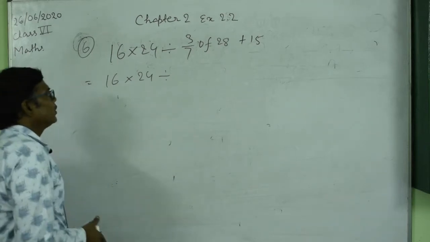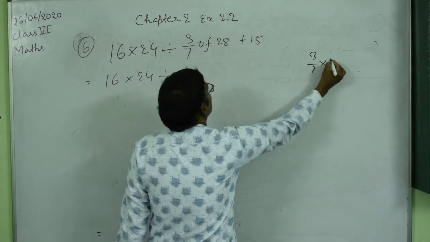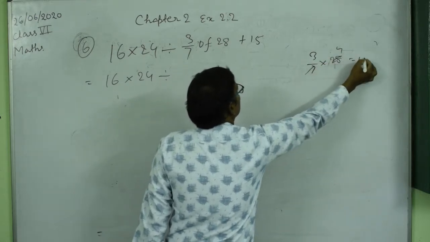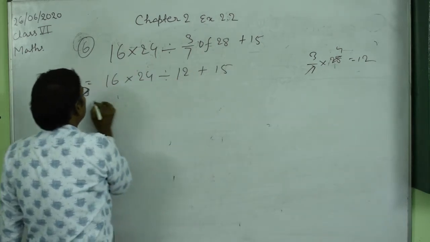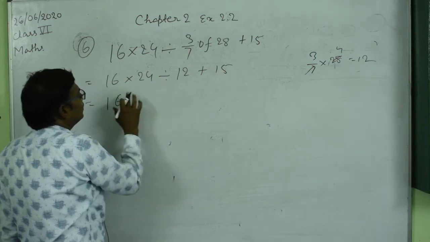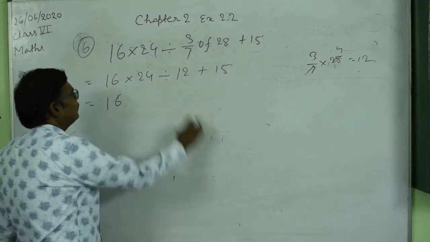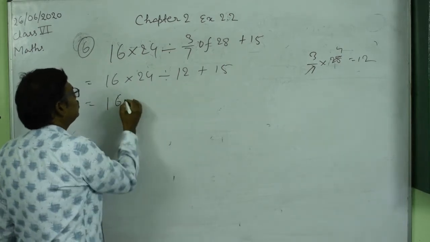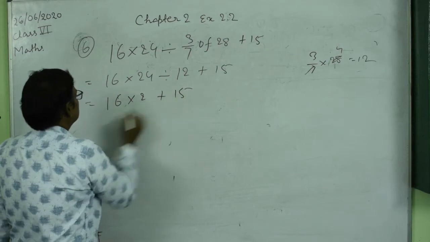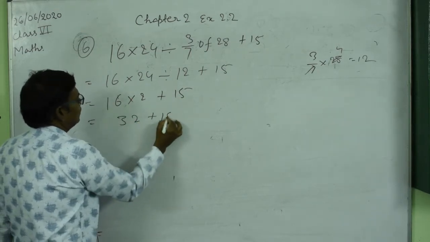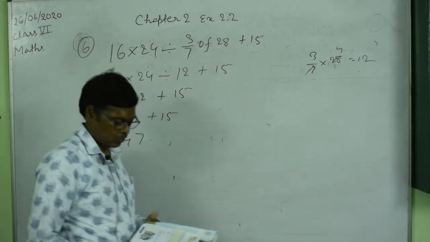Okay, you will do 28 into 3, or you can also solve this in the rough. Like 3 by 7 into 28. 7 fours are 28, so it will actually be 12. So here it will be 12. Okay, write 12 here and then plus 15. And next 16. And now here divide 24 by 12, because the of operation is done, then divide. Now you have the division operation here. So 24 divided by 12 will be 2. Okay, remember. And here it will then be 2 and plus 15. So you have 32 plus 15 equal to 47. So remember this, how to do this question.